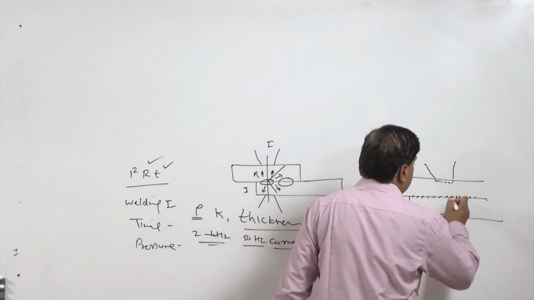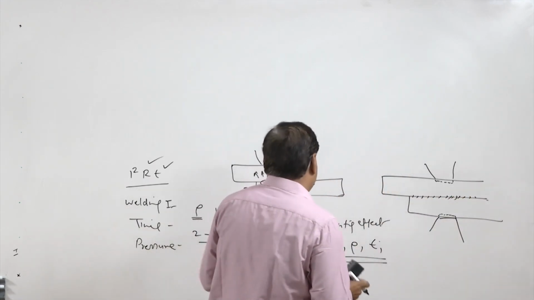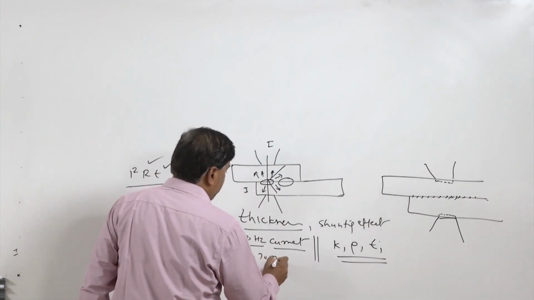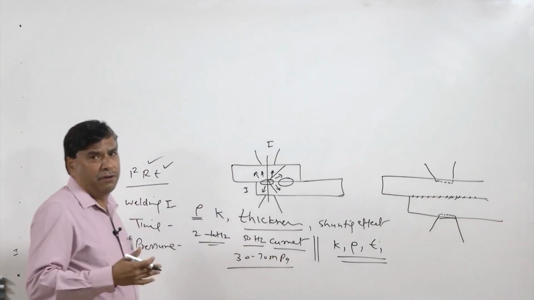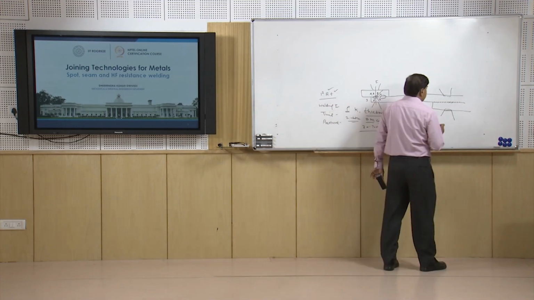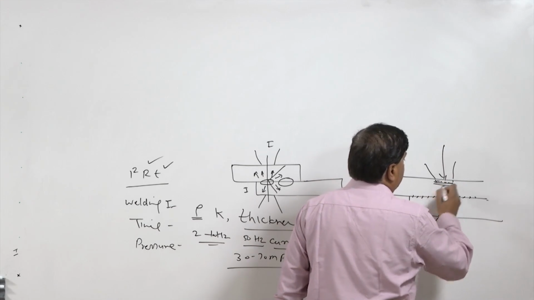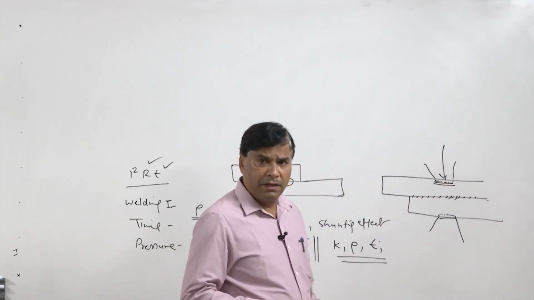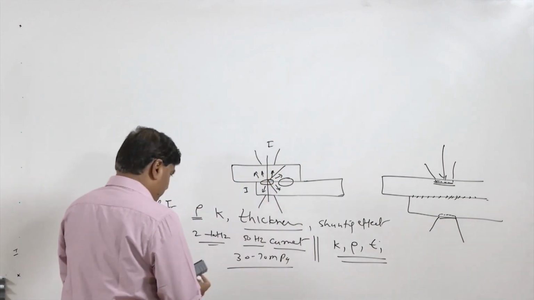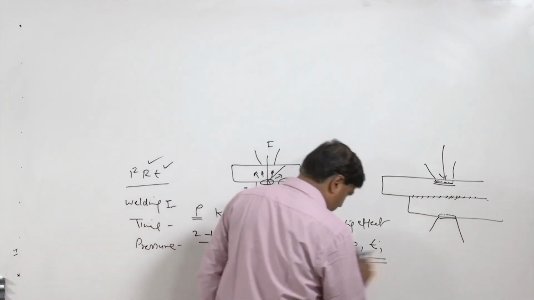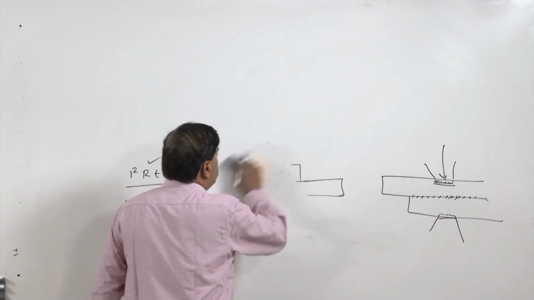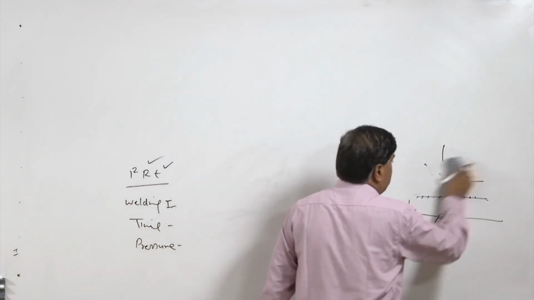And another thing, the factors that govern the optimum pressure, which is normally kept like 30 to say 70 MPa. 70 MPa is found enough for mild steel plates, and how the pressure is calculated: the load applied divided by the contact area through which the load is transferred through the electrodes onto the surface of the plate. So this one is also governed by a number of material related factors, mainly the mechanical factors which will be governing the deformation of the